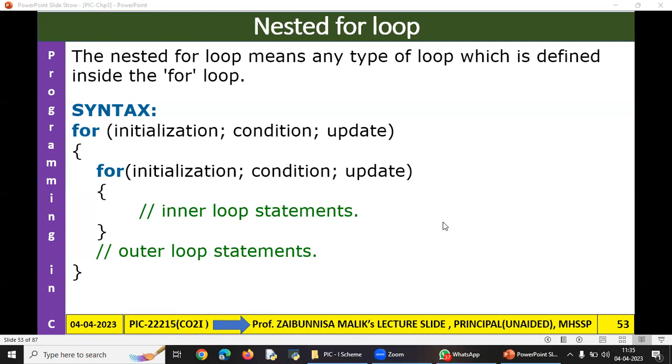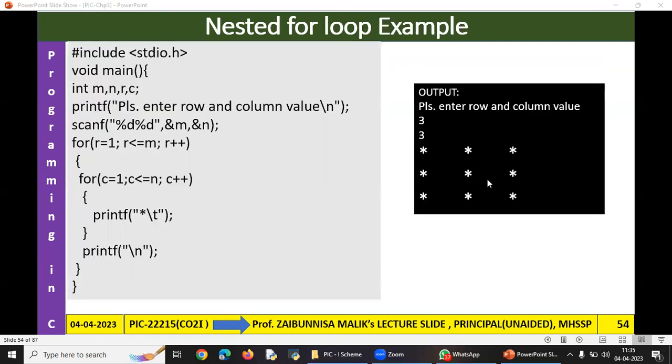Now see, this nested for loop is very, very important because we will be solving all our matrix problems with nested for loops. Okay. Now see the example. If I want to print this type of matrix, how many rows are there? 3 rows and 3 columns. Are you getting my point? So I will ask the user, if you want to print this matrix, how many rows and columns should be printed? That means a star should be printed with how many rows and columns. So we need to ask the question. Now see here, my program: int m, n, that is row and column, r c is row and column, right? So I will ask please enter row and column value. So scanf for